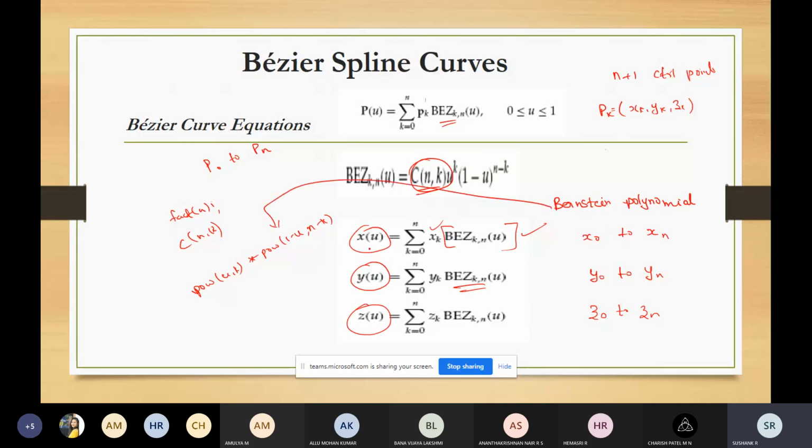After that, for each value of x of u, y of u, z of u, we had an array, an array of x of i. In that array we used to call these functions, like the product of x0. We had a for loop for k equal to 0 to k less than n, where we were using x of k into the binomial coefficient into this equation. So these are the equations which are needed to represent or to display the flag.